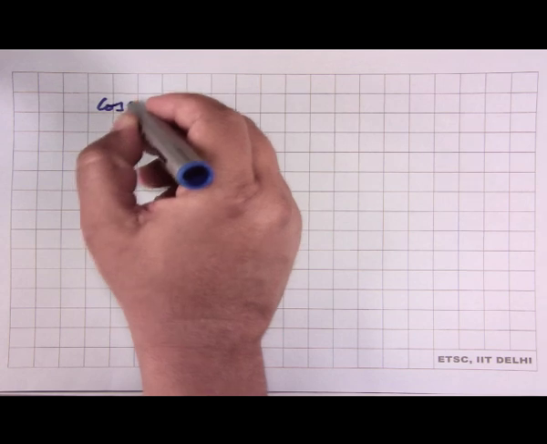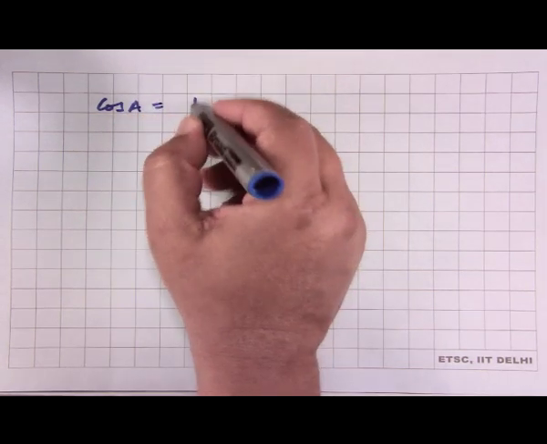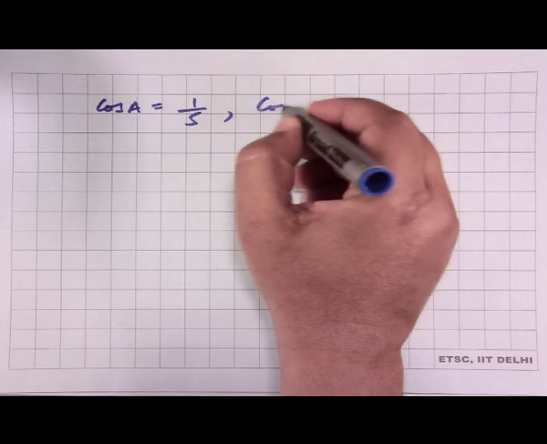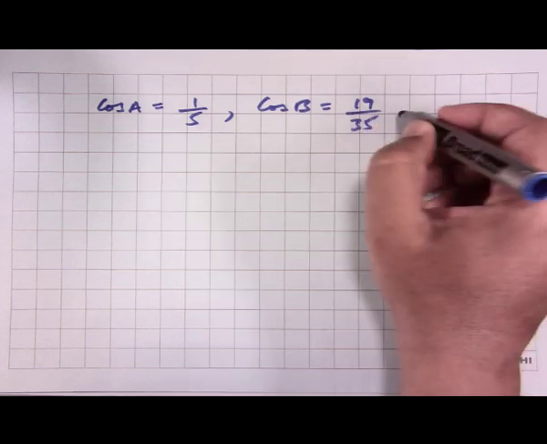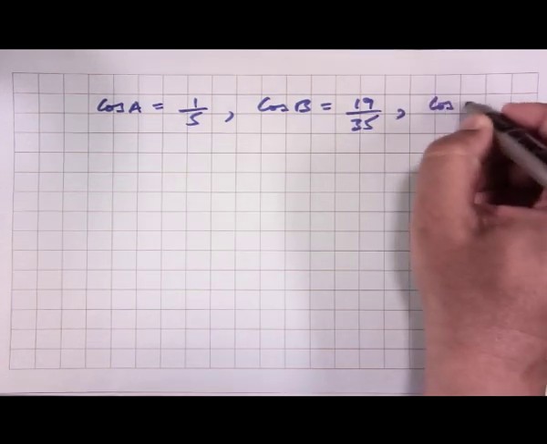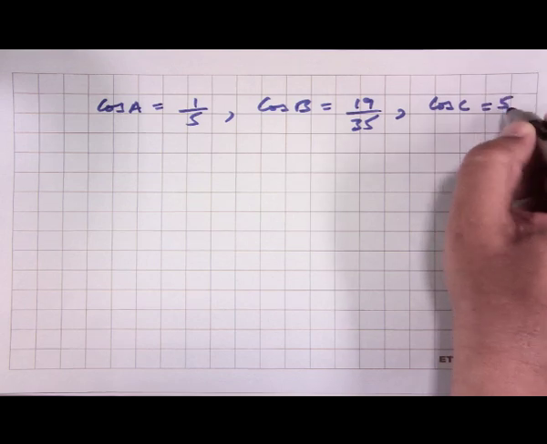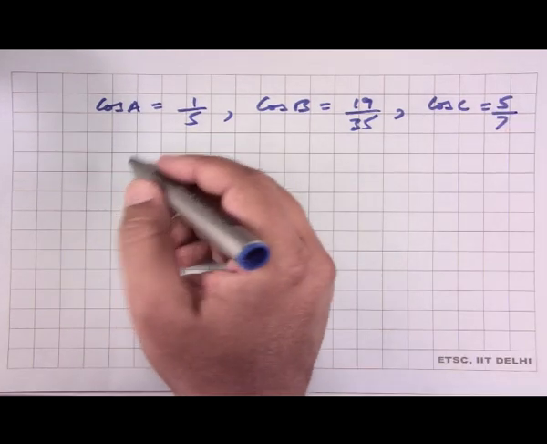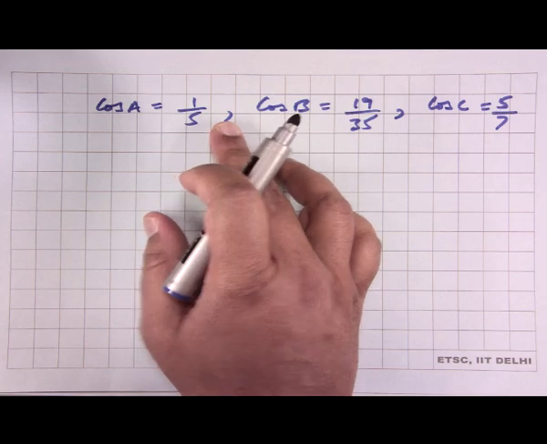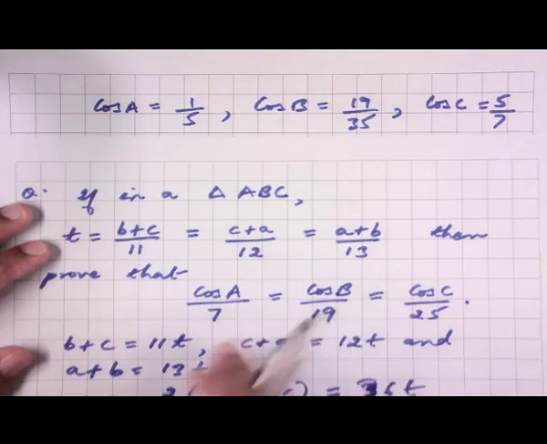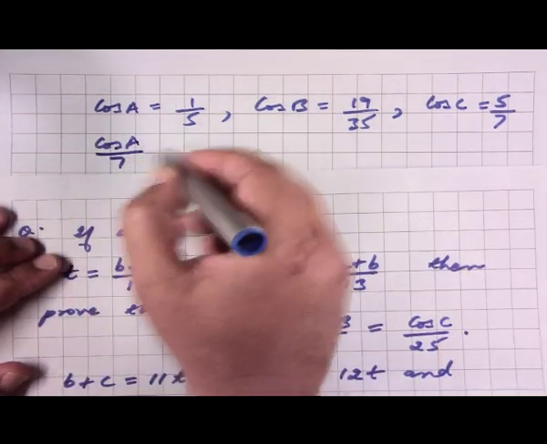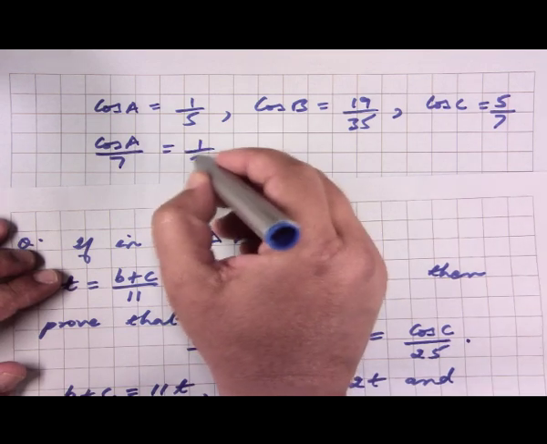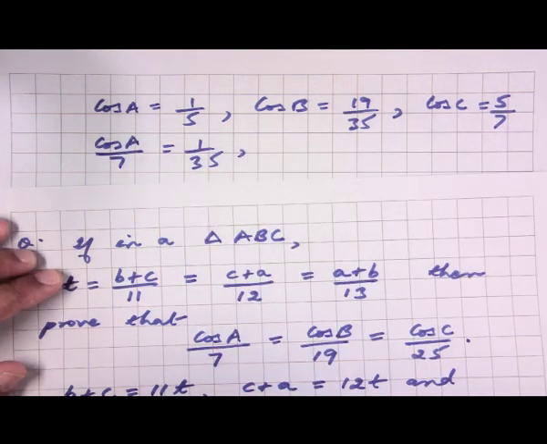So, finally, we have cos A is 1 by 5, cos B is 19 by 35, cos C is 5 by 7. And from there, it is easy to see that cos A by 7 is 1 by 35,